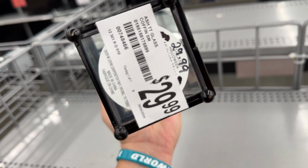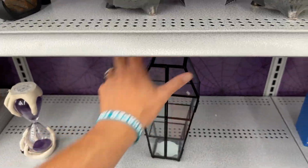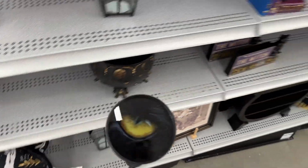$30. This is the price so nice they tagged it twice. Jeez, we got it. It's 30. We get it, it's overpriced. All right, in case you are wanting to have a mystery coaster